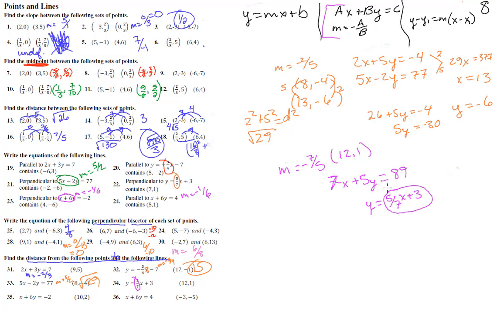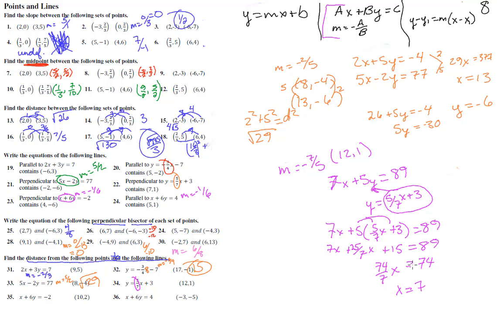Alrighty, looks like a good thing for substitution. Stick that guy right in. And we get 7x plus 5 times (5/7 x plus 3) equals 89. Jump this guy in. We get 7x plus 25/7 x plus 15 equals 89. Subtract the 15 over there, and we get 74 equals 7x plus 25/7 x. So this is 49/7 x. So we get 74/7 x equals 74. When we divide off by the 74 and times by the 7, we get x equals